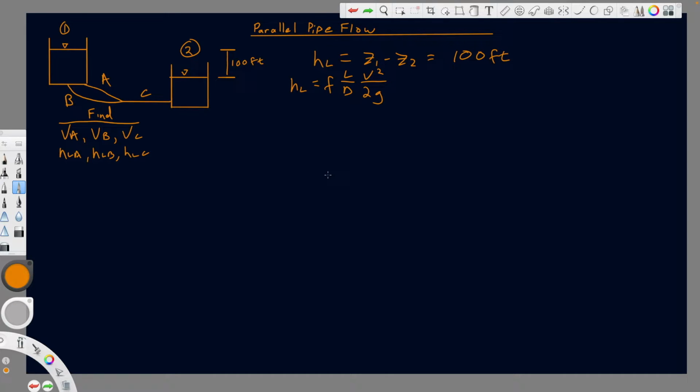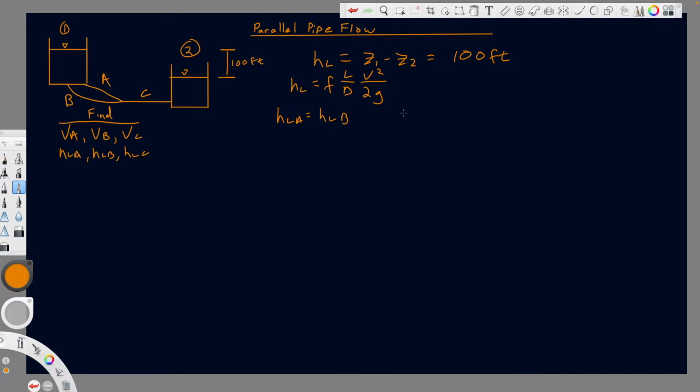But because more flow is going through that pipe, it develops more resistance, right? So it's always going to balance out so that it doesn't matter if water goes through pipe A or pipe B, it's going to be the same amount of head loss either way, okay? So the first relationship that we know is that the head loss of A is equal to the head loss of B. And if we expand that out, then,